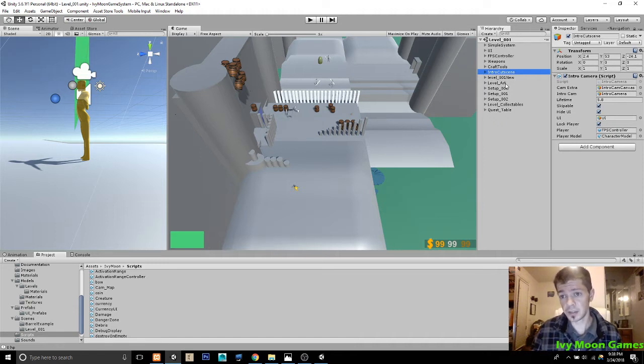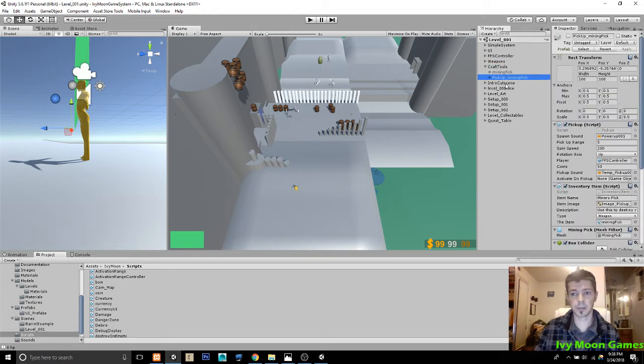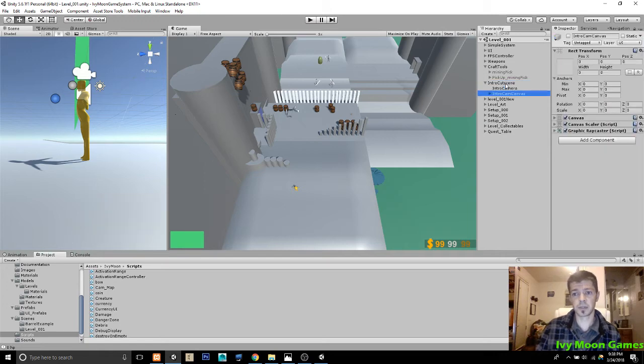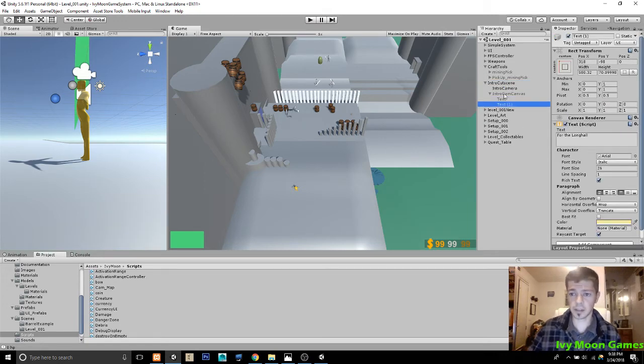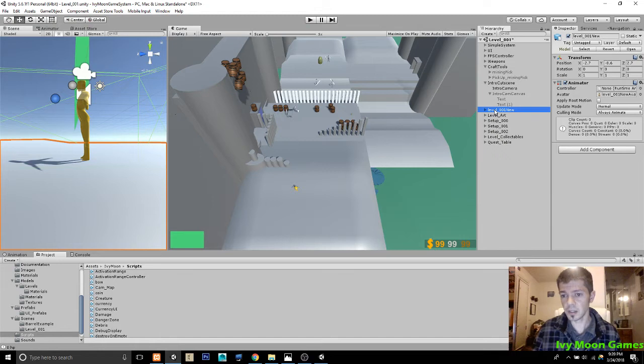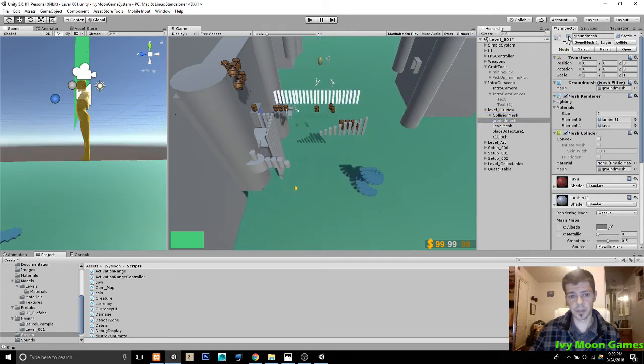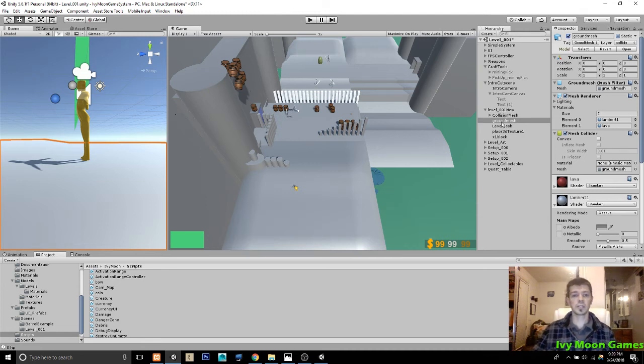Now, if you look in here, we'll see we've got craft tools. That's the mining pick, the pickup for the mining pick. Intro cutscene. This is where we have, you know, the title of your level. In this case, it's called For the Long Haul, which I explained earlier. And level 001 new. This is the actual mesh for the level. There's the collision mesh, there's the ground mesh, and the ground mesh is when